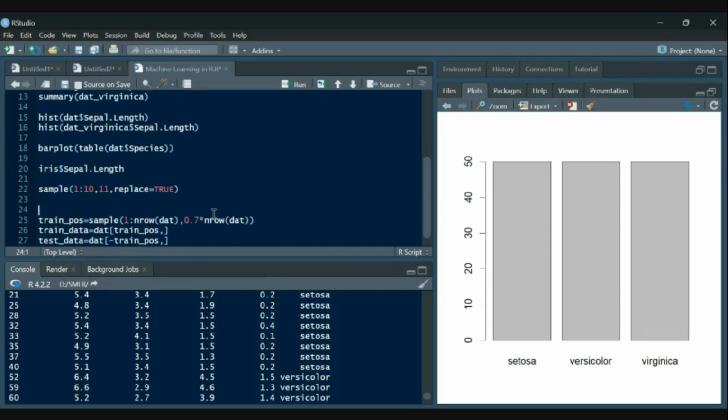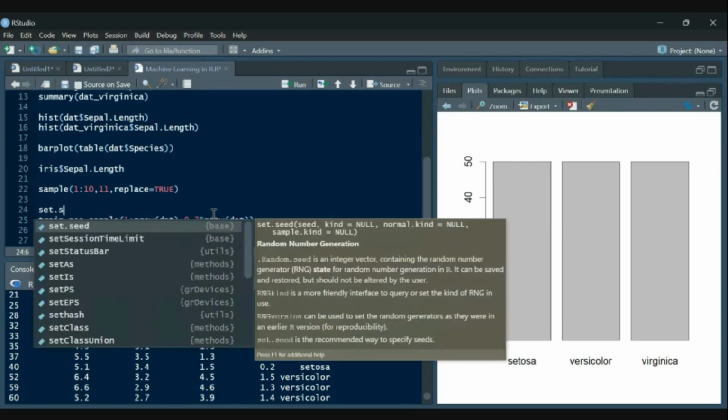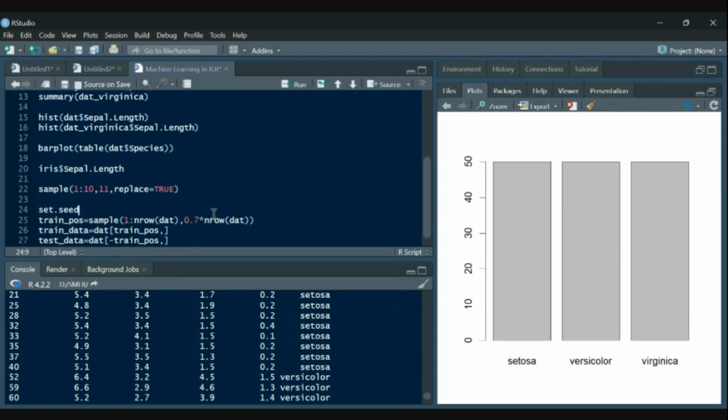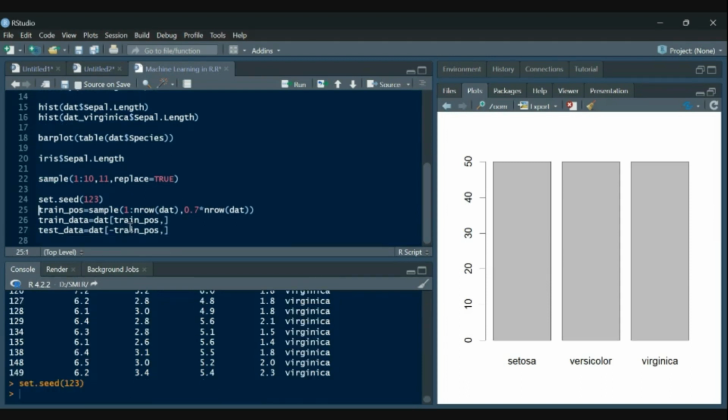Whenever we take random samples from R, if we set the seed value, set dot seed, let's say 1, 2, 3, then whenever you run any code containing random sample generation, it will generate the same sample.